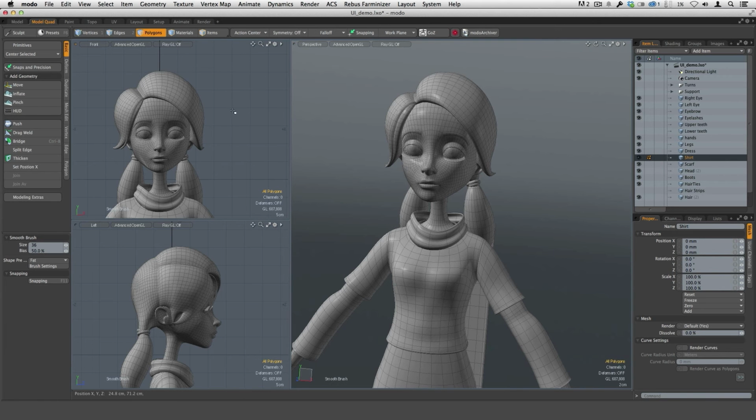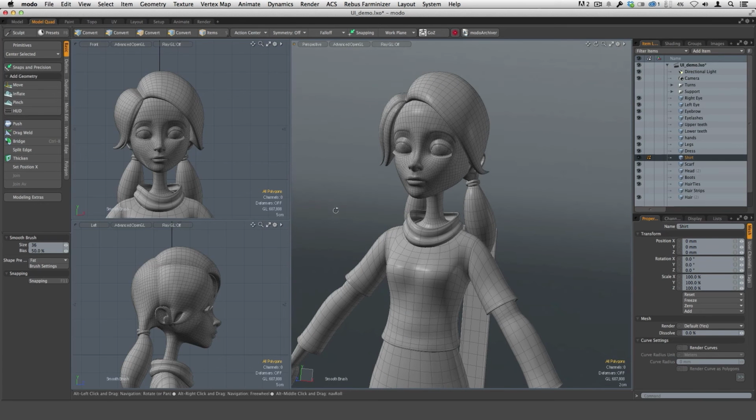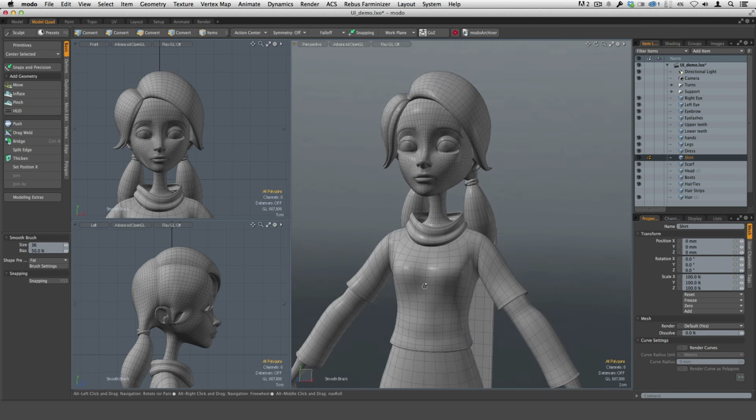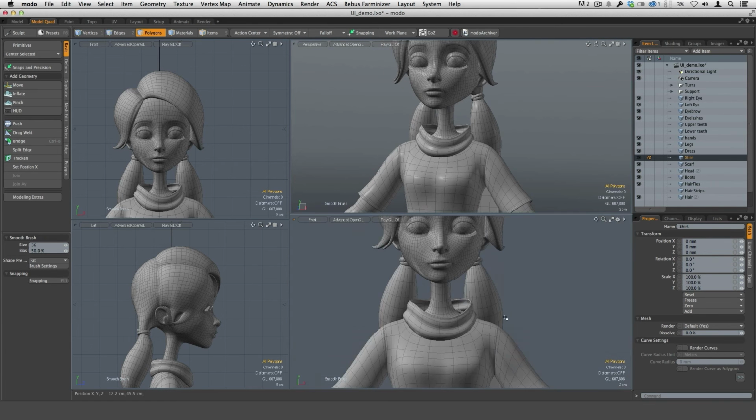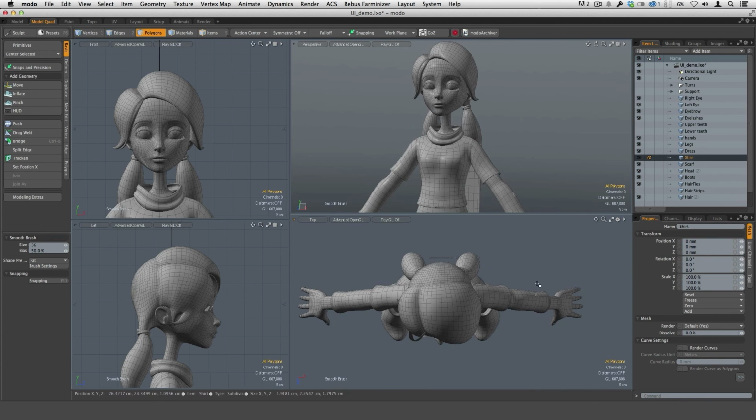Also, you can see that my viewports are a little different. I always model in the Model Quad tab, but I usually will wind up having this big perspective window and then just isometric views of the front and side on the left hand side. Occasionally I'll need a top view, and when that's the case, I'll either split this by control dragging down from that dot and then just switching this to front, or let's just say top,